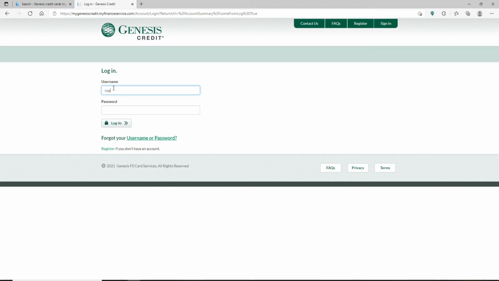Start by entering your username in the first text box that appears at the top. Head over to the next field where it says password and type in the correct password for your account. Double check your password by clicking on this little eye icon at the right side, which will help you reveal